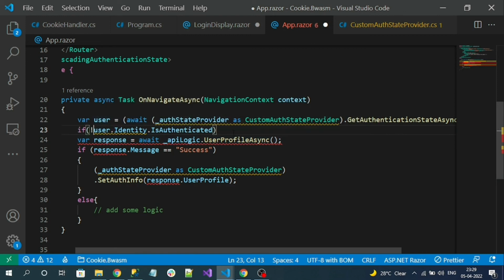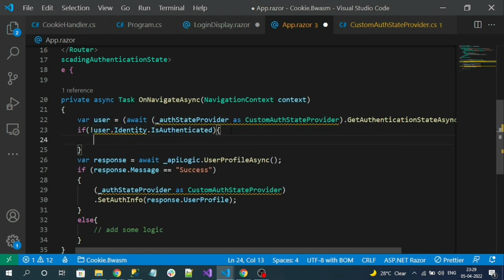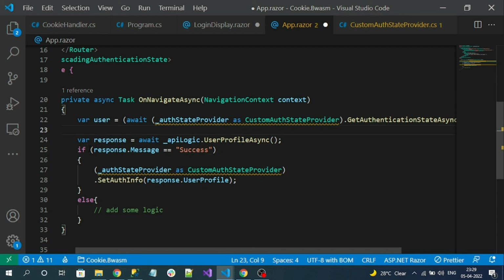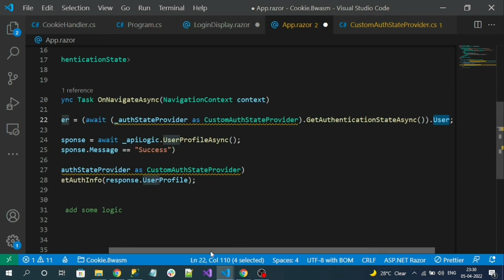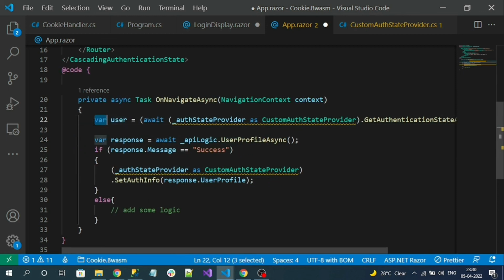So if not authenticated, okay, sorry, this condition won't stop the execution of the API call. Okay, with this condition we cannot avoid the unwanted call, right? So what we will do,